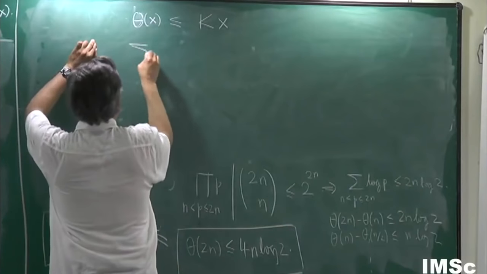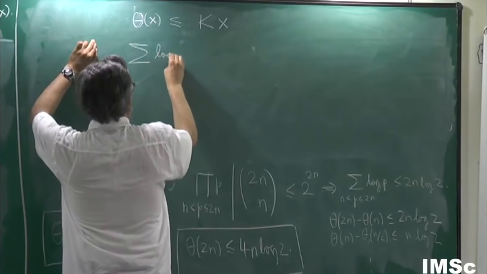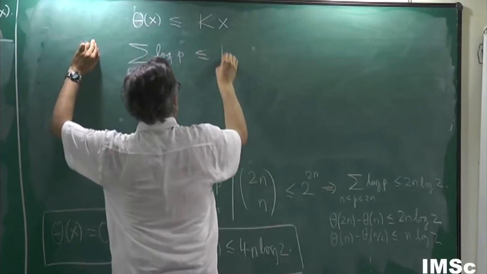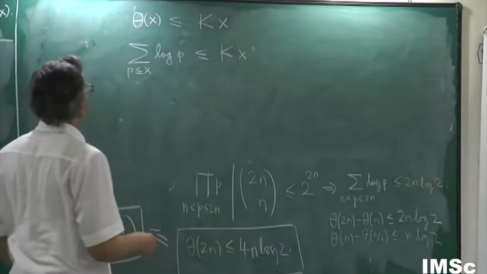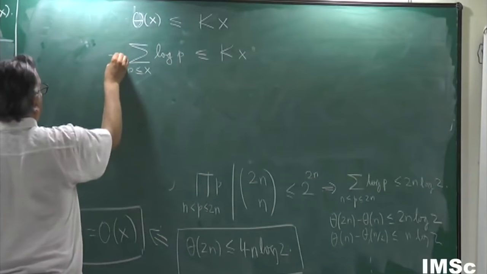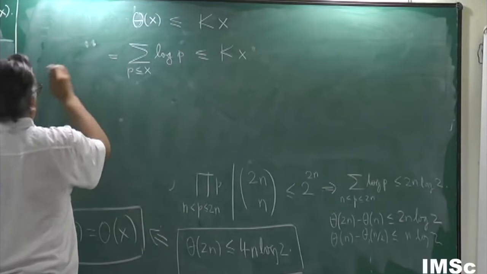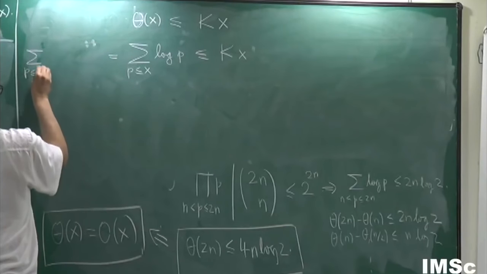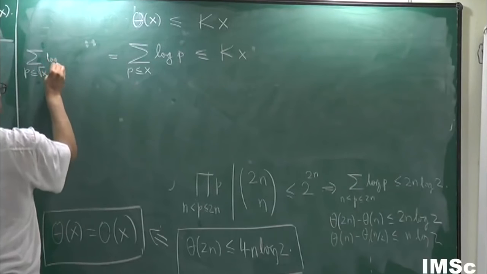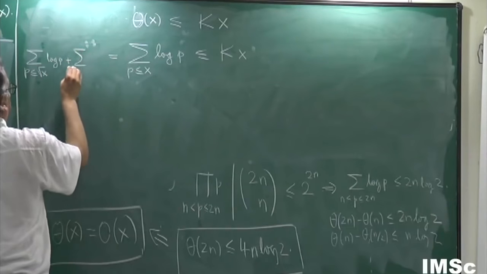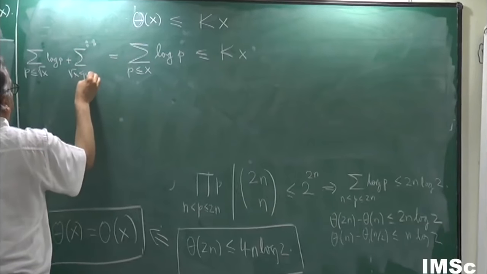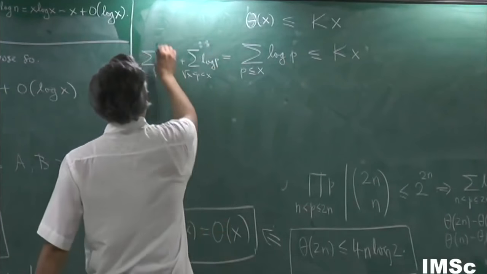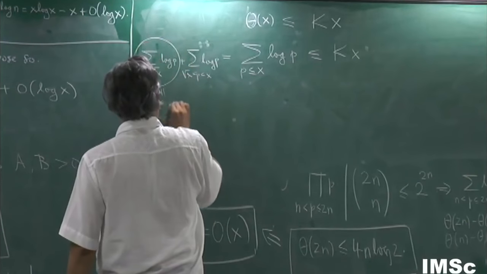So, in other words, and I can split this up into p less than root x log p and p bigger than root x log p, and recognize that this guy is O of root x log x,